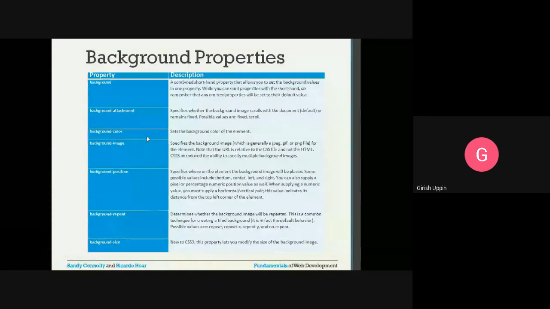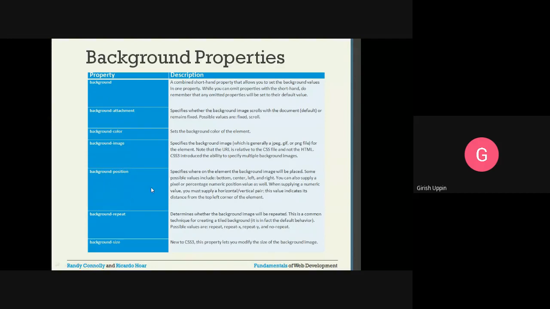You already know how the color attribute is set as a name, as RGB, RGBA, or hexadecimal. So you can set the background color. Background image, you can set a specific background image. You can choose any kind of image files, JPG, JPEG, GIF, PNG, whatever is supported. You can use those as a background.